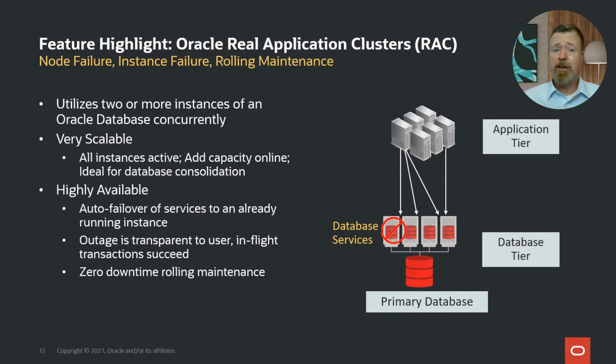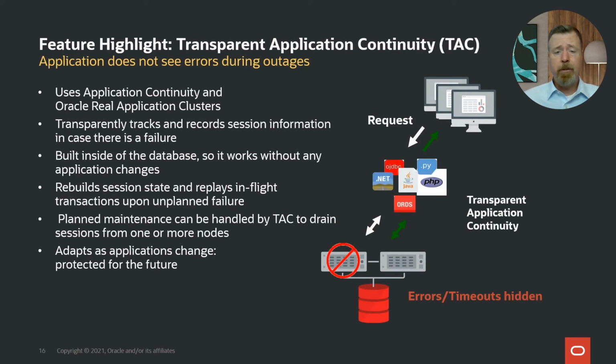So in-flight transactions, how are we going to protect those in addition to the RAC nodes? Well, we can do so with another piece of technology that's built into RAC, and that's the transparent application continuity feature. This feature expands the capabilities of RAC to protect our in-flight transactions, so our application doesn't experience those transactions failing and coming back up to the layer or even up to the end users. We want to capture those, and we want to replay them. That's what application continuity does.